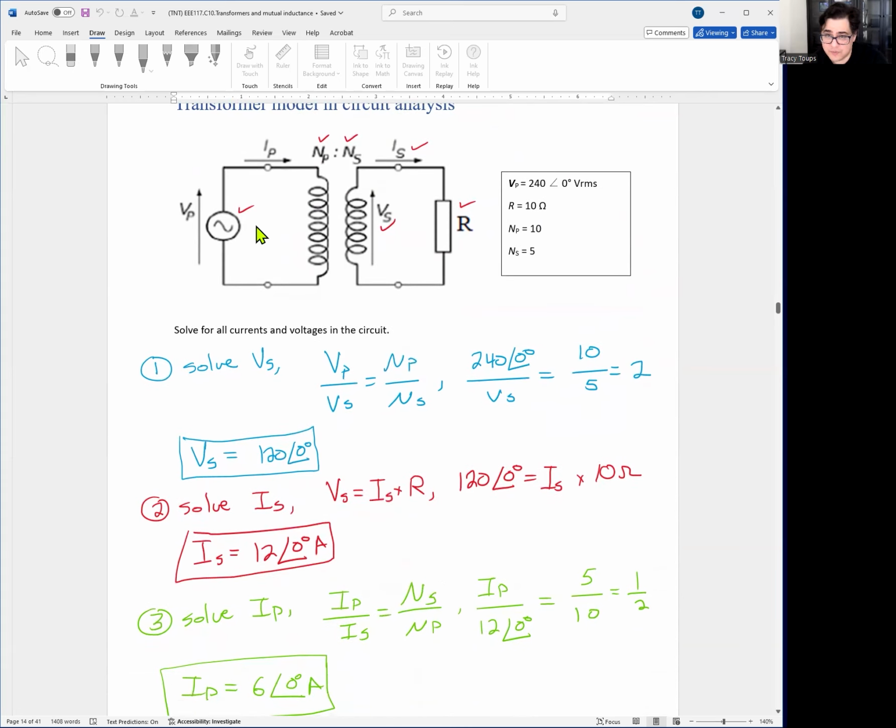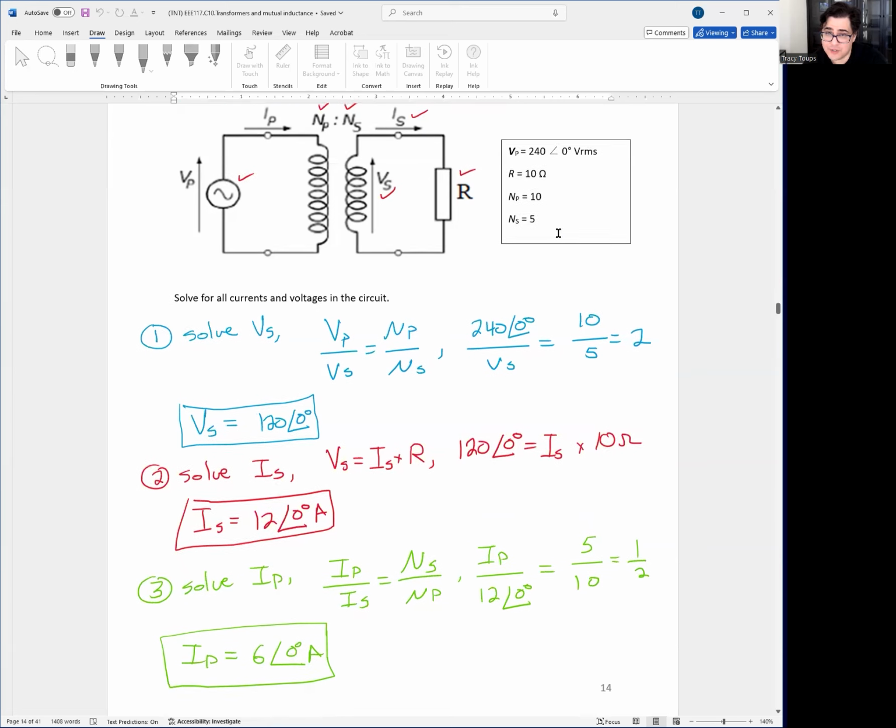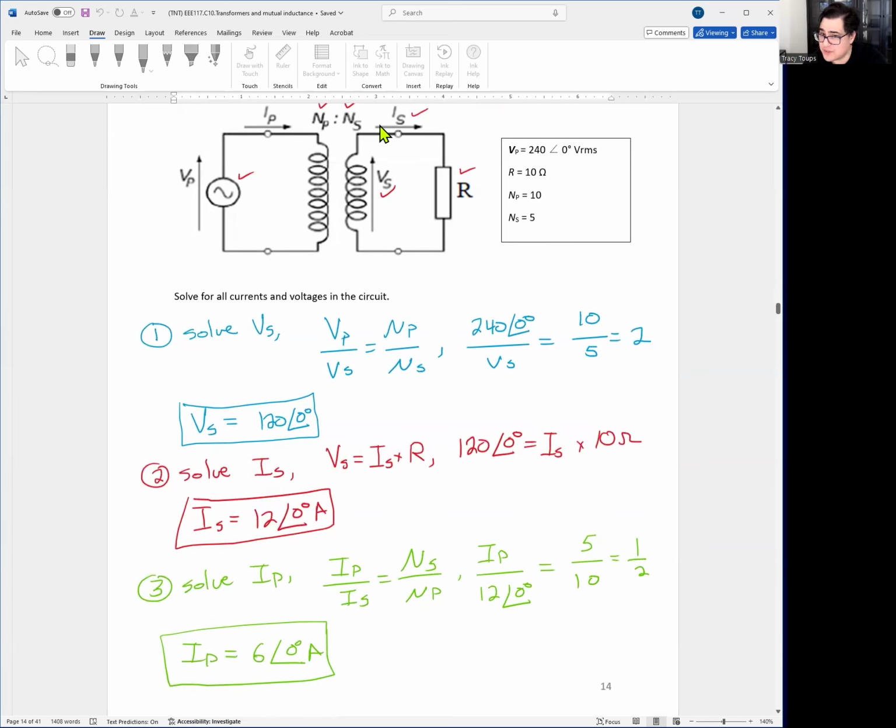We have a transformer with a resistive load and a source. The voltage of the source is 120 volts RMS, angle 0 degrees. The resistor is 10 ohms. The ratio is 10 to 5, so NP is 10, NS is 5. This turns ratio, 10 over 5, is 2. With that much, I should be able to solve and figure out all the voltages and currents in this